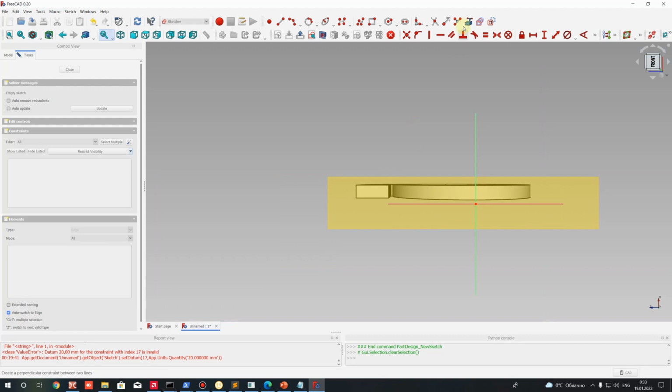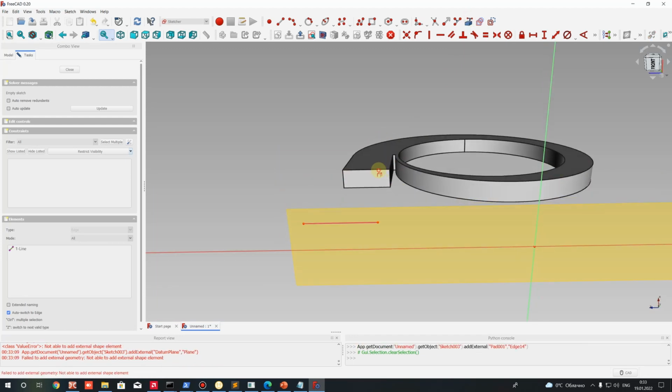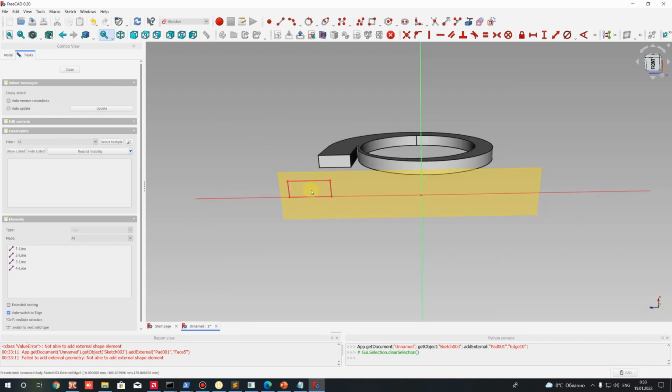Yeah, we also have to export from external geometry these lines, and for example I want to create the center of this rectangle, and for this I will use this trick. I will change the toggle construction geometry mode and create the two diagonals here and here, and after that again for example use